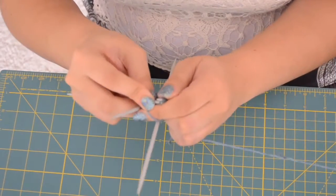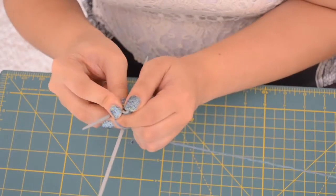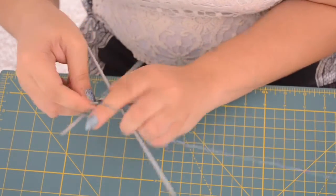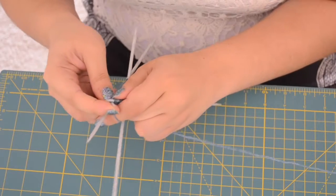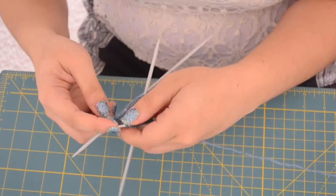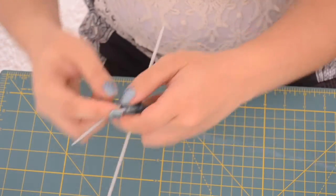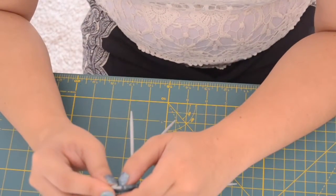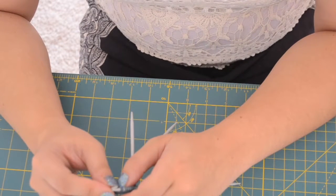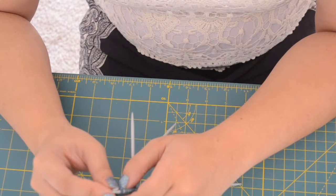And you're just going to keep knitting in this pattern. My sock pattern calls for 3 rounds of just knitting stockinette stitch. Knitting in the round stockinette stitch is different from knitting on straight needles stockinette stitch, because in stockinette stitch on straight needles,